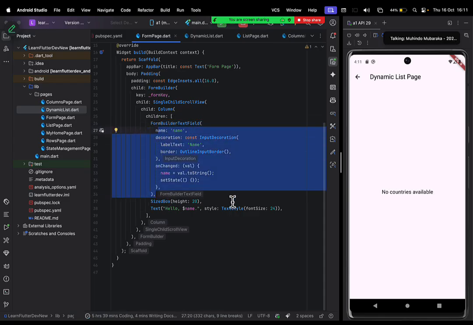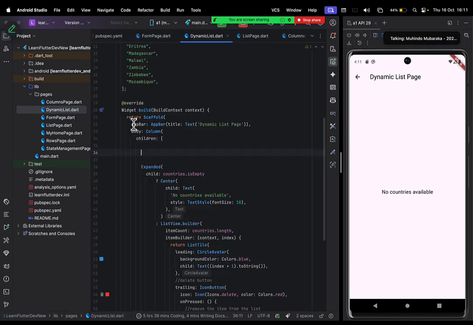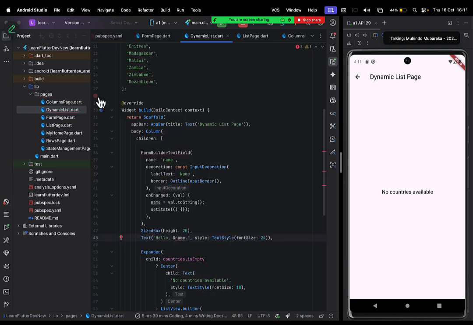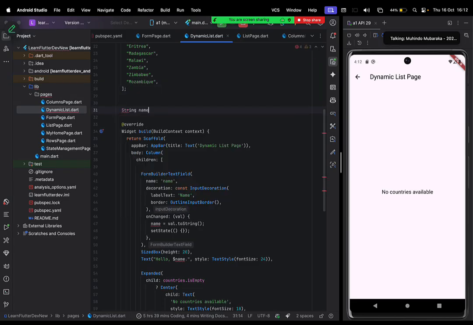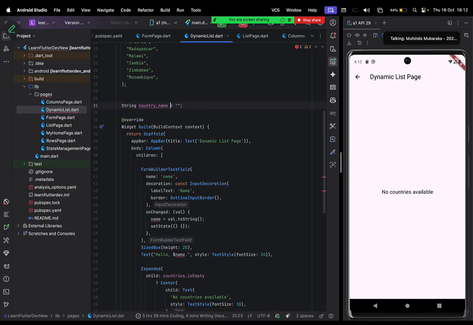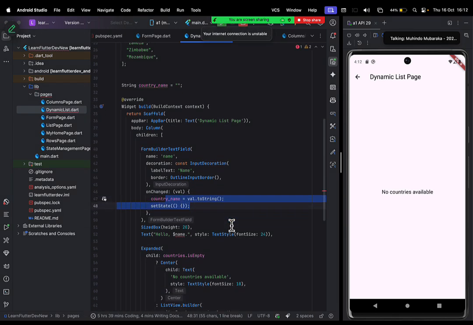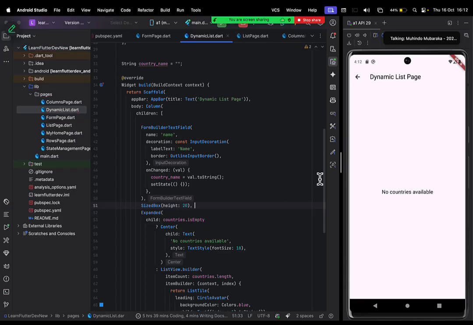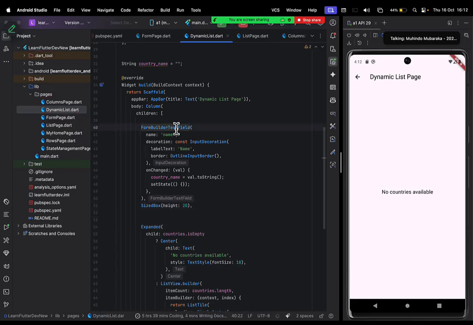Let me copy it here. I copy it. We've already done it. I just copy it and paste it here. All right. It's just nothing but an input field, right? Press Alt and Enter, and then I go ahead and create a variable here and say maybe country name, and then I make it empty there, and then I put this country name here as an input field, and then I remove this guy. We don't need it. So what I've done is just an input field here,